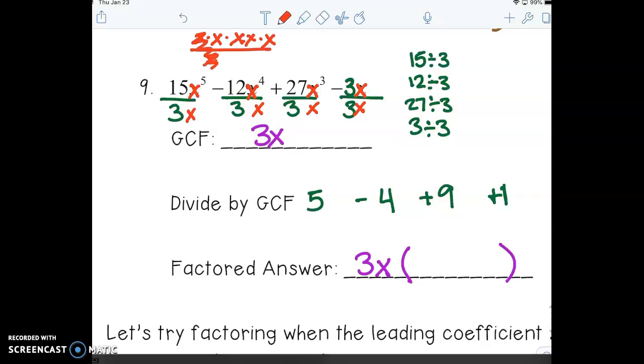So 5 of them minus 1 gives me x to the 4th. 4 of them minus 1 gives me x to the 3rd. 3 of them minus 1 gives me x squared. X minus an x gives me no x's. That's my final for that piece. But I have to go plug that all in. 5x to the 4th minus 4x